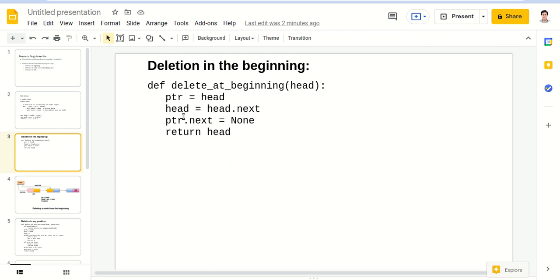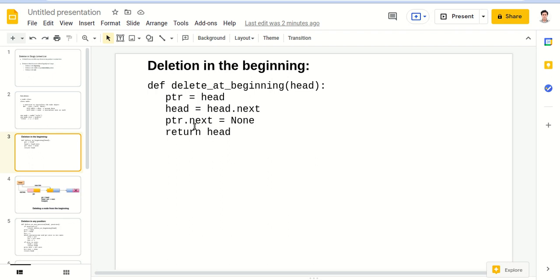Then head is equal to head dot next, so head goes to the next node, and ptr dot next equals none. So the previous head node has its next pointer set to none, so that by garbage collection it will be deleted from memory, and then we return the head.